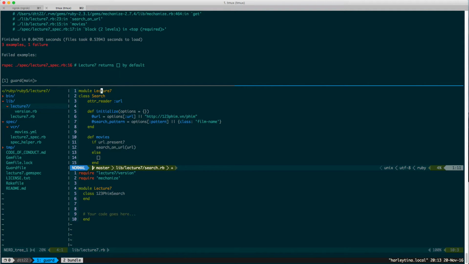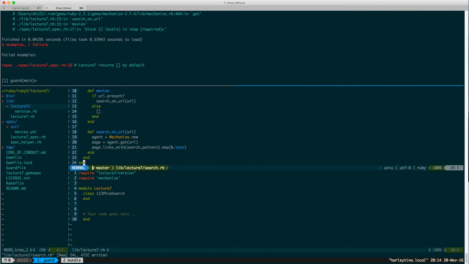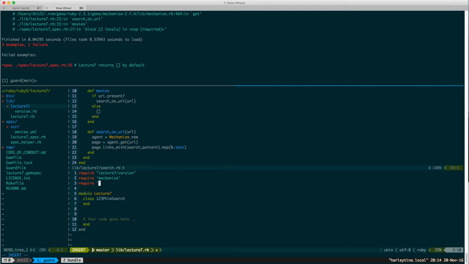Okay, I cannot type. Are we done? In here, so this is the main file. Lecture7.rb is still the main file. So I need to make sure this file loads correctly. So now I require what? The search file, right? Require relative